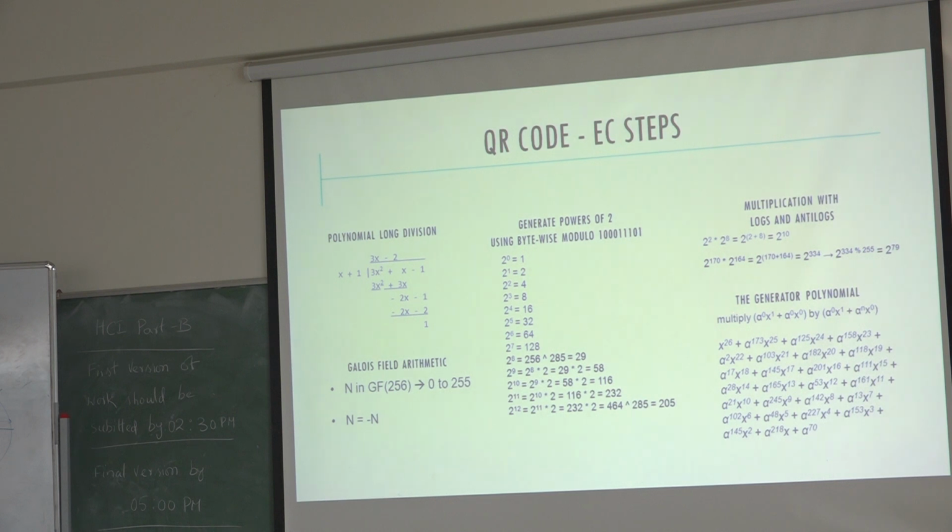So the third is generator polynomial generation. If you want to generate the generator polynomial, first we need to write the first generator polynomial, which is alpha power 0 x power 1 plus alpha power 0 x power 0. For the second state of the generator polynomial, it will be multiplied with the previous polynomial with x power 1, alpha power 1. Sorry, this is not x power 0, this is x power 1, alpha power 1. So when you multiply, you will get the result. That is your actual second state generator polynomial.